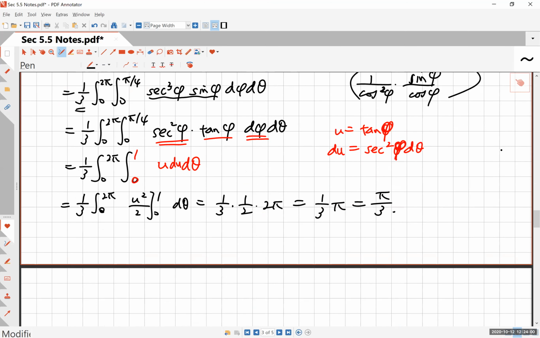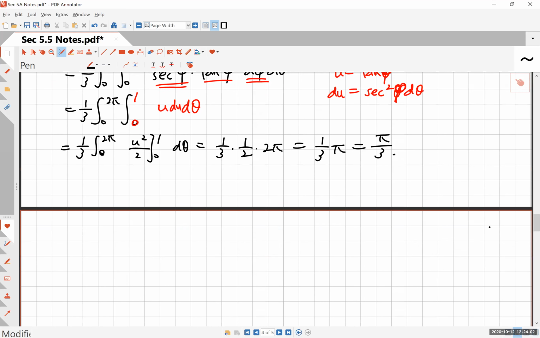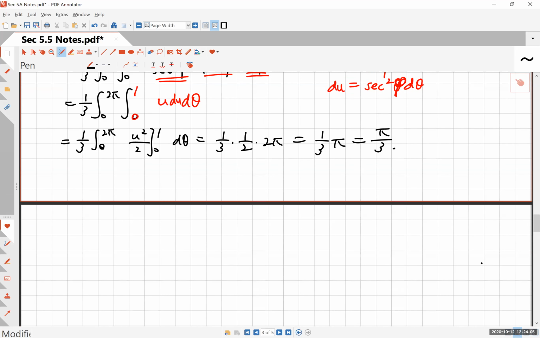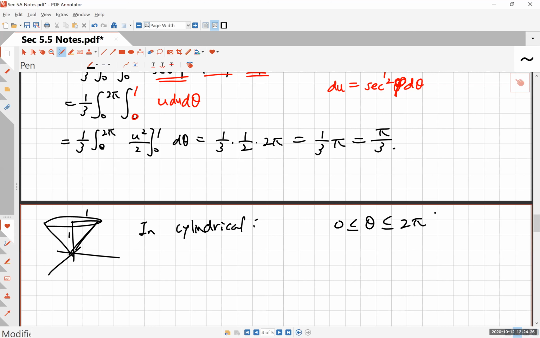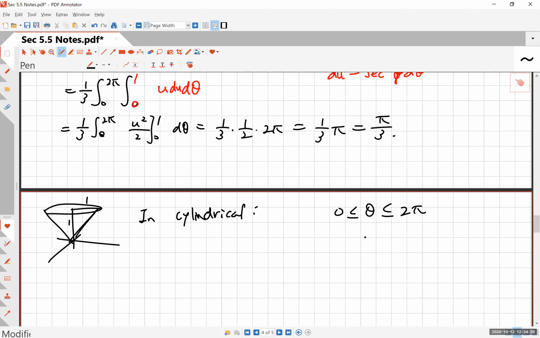Now, you could also have found this in a couple of different ways, all right? So right at the end of this, let me just show you, because I think it's important for you to be able to express this in several ways. One way to think about this, you have a height 1 and then the radius 1 cone, right? So in cylindrical, this is actually not bad, right? So theta goes from 0 to 2 pi. And then r goes from, if you look at this from the top, of course, all you see is that, right? So r goes from 0 to 1.